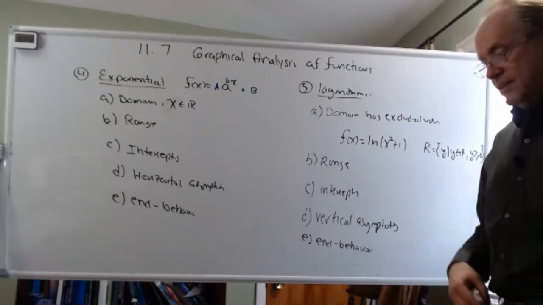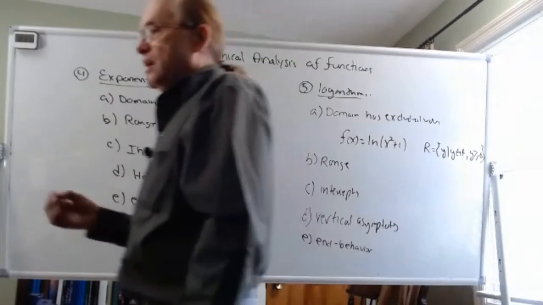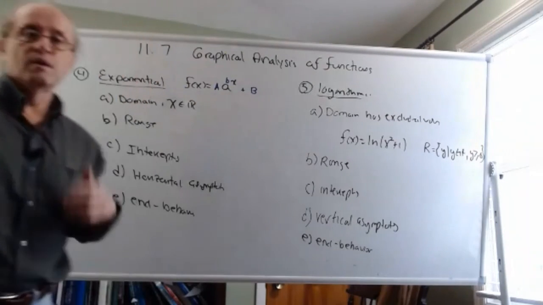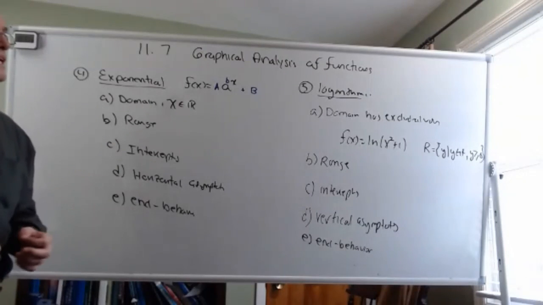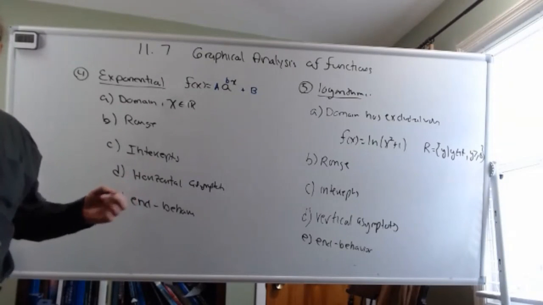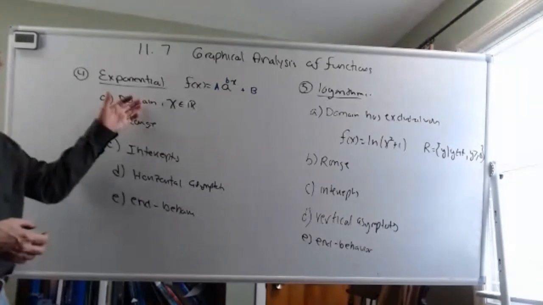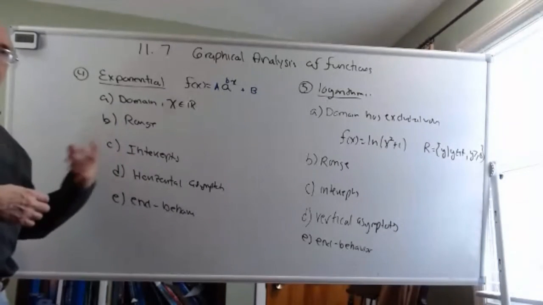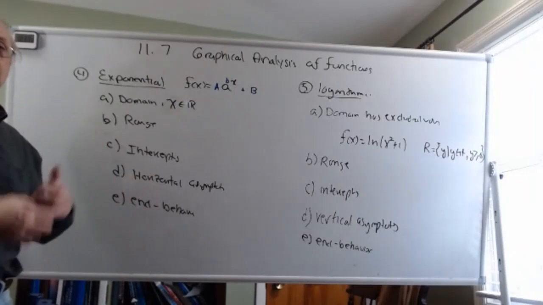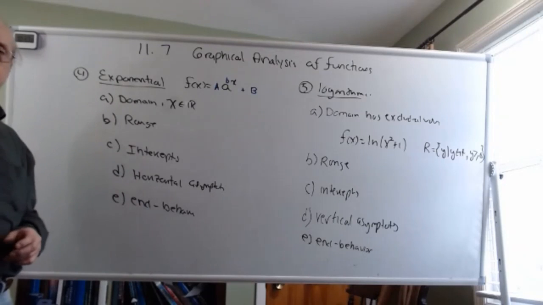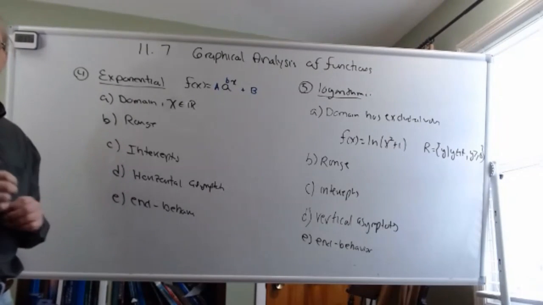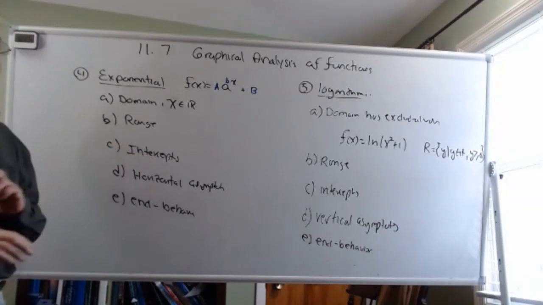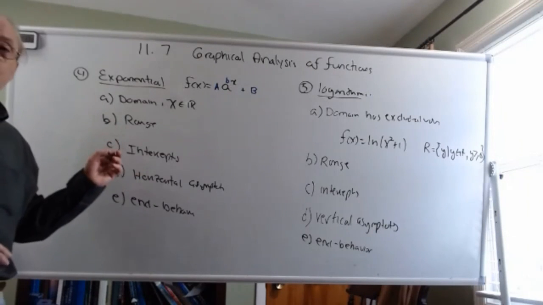But that is essentially what this course is about. Trying to understand everything we can about functions, the different types, and what their properties and features are that we need to be aware of. And we constantly repeated domain, range. That was always at our forefront. And then intercepts. We're always looking at where they're going to intersect either the x or the y-axis, and how do I find it? The y-intercept, I just plug in x equal to 0 and compute the y value. For x-intercepts, I set the y equal to 0, and that becomes a little more problematic in terms of solving it. Sometimes there are no